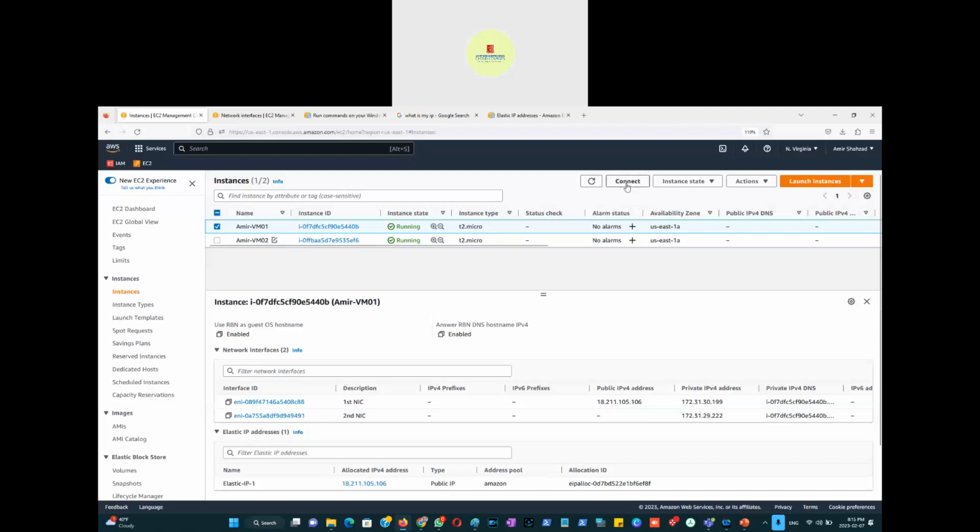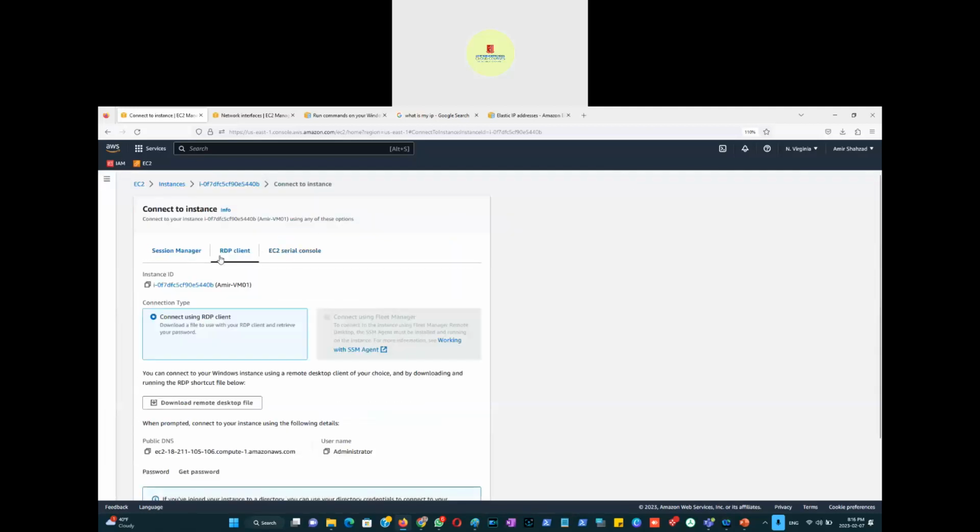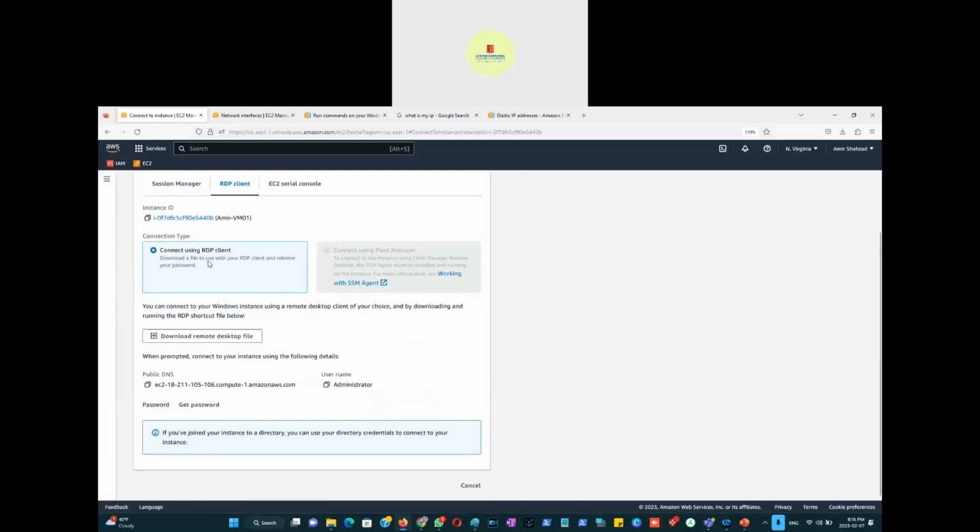So I select this, click connect, and RDP client. We're gonna be going for these two as well, but right now I'm just connecting. First thing, I'll just download this. So it's downloaded here, the rdp.rdp file, which has my machine's DNS name built into it. Other thing is obviously I need to reveal